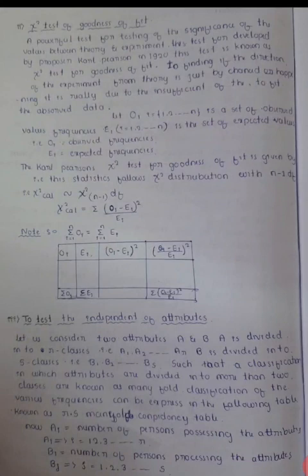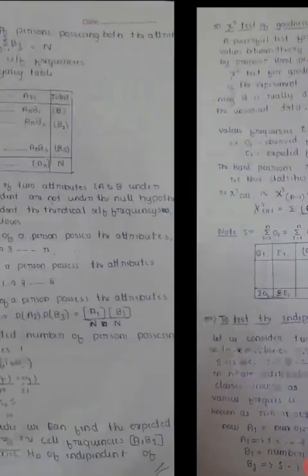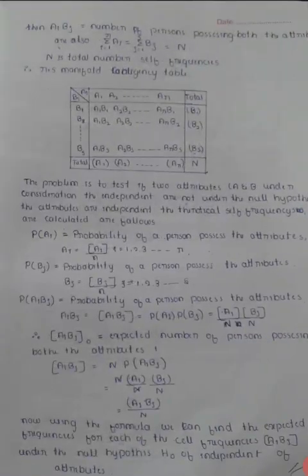Frequencies can be expressed in the following table, known as a manifold contingency table. Now, Ai is equal to the number of persons possessing the attribute, that is Ai, i is equal to 1 to r. Bj is equal to the number of persons possessing the attribute, that is Bj, j is equal to 1 to s. Then AiBj is equal to the number of